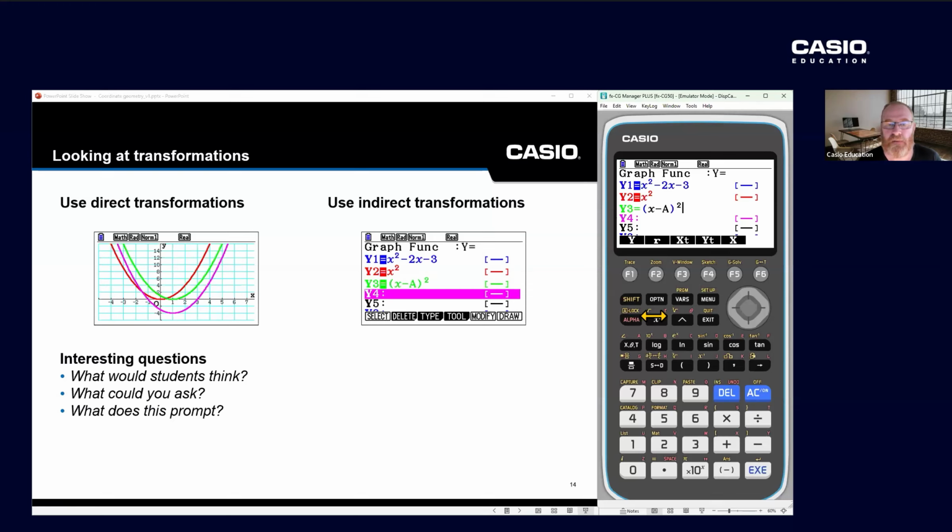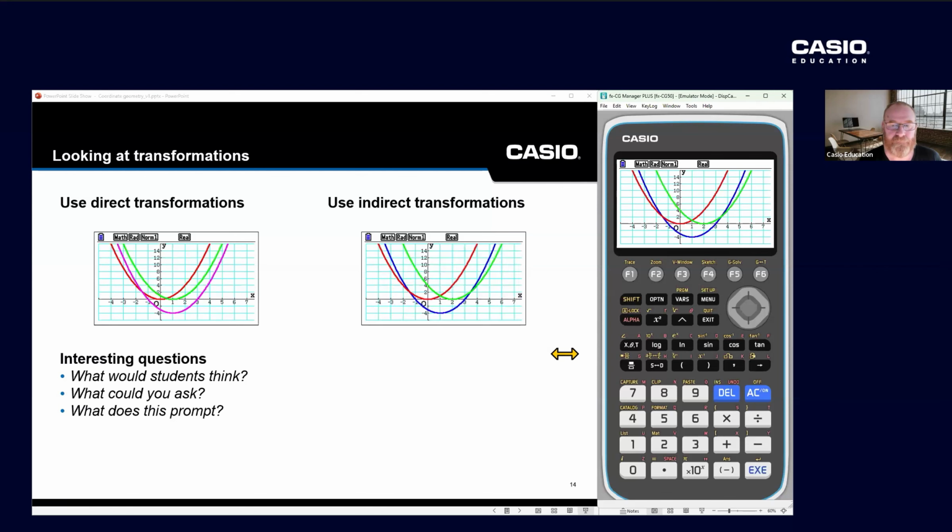So what sort of transformation is this? Well, indirectly, this is an f(x subtract a). Okay. Confirm that. And then when you draw this time, this may help students to think, okay, if I started off with a red x squared curve, now I've got x subtract a and a is 2, so this is an (x subtract 2) all squared function. It looks suspiciously like there has been a horizontal translation. By how much? Okay, so this is really useful for getting students to think about what's happening when you're doing an x subtract a transformation,